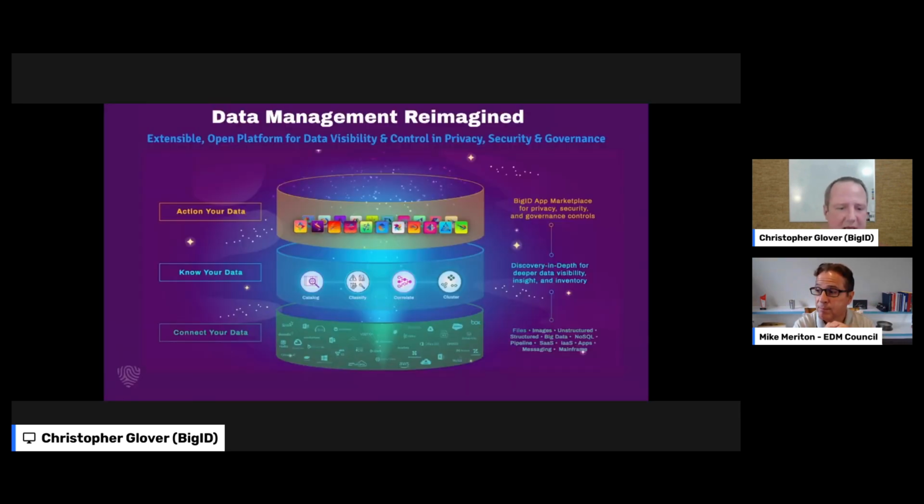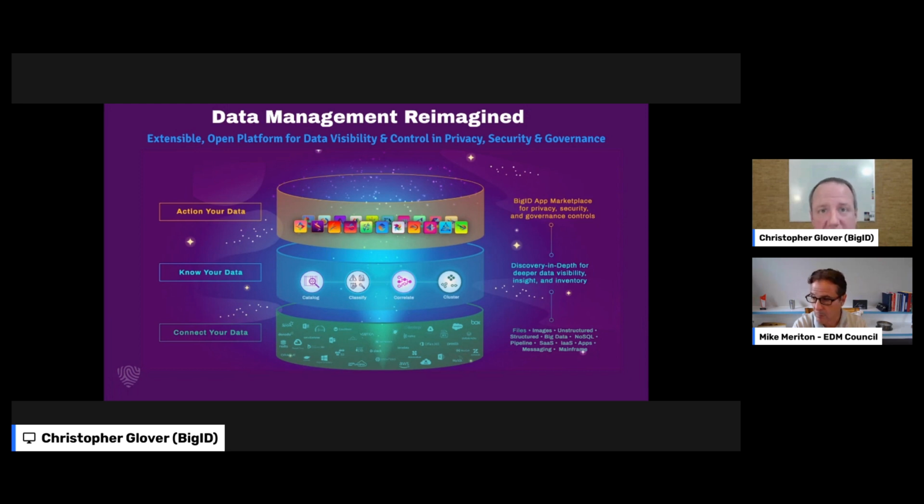Yeah, absolutely. BigID is a data intelligence platform. It enables organizations to know their enterprise data. Customers who use BigID use it to proactively discover, manage, protect, and get more value from their regulated, sensitive, and personal data. What you see on the screen here is really the platform.